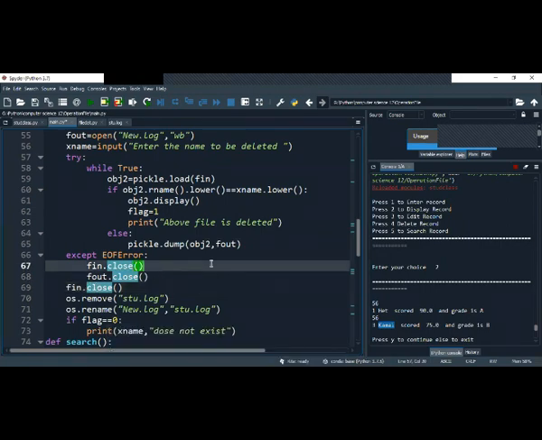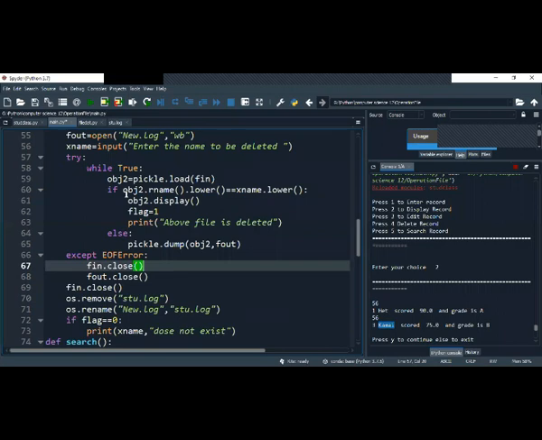Where have you deleted the data? We have not deleted anything. We copied all the data except the data which has to be deleted into a new file. I have not deleted anything; I have copied all the data which is not to be deleted. Then I deleted the whole original file, so that data is already gone. Understood? Is it clear?